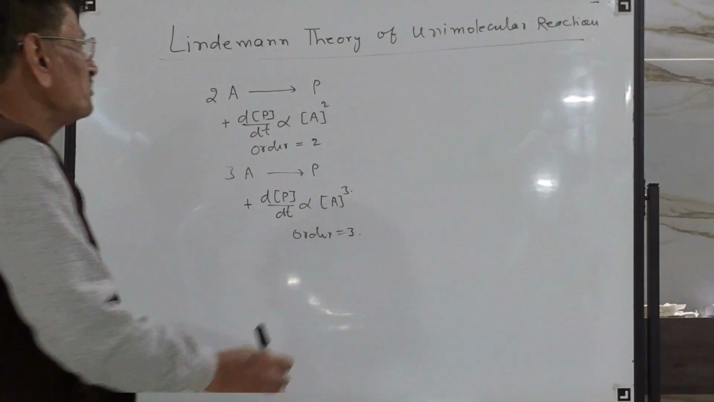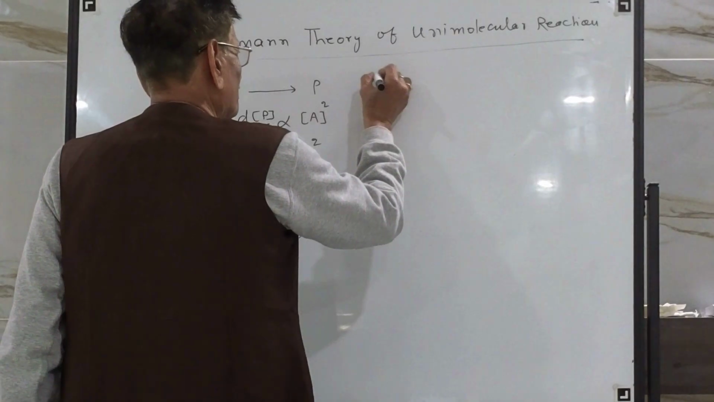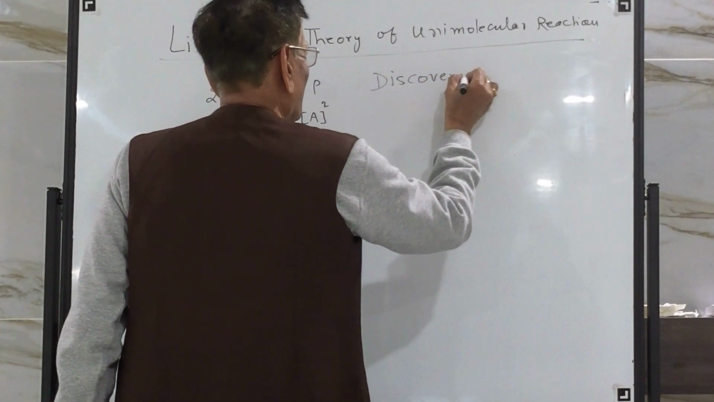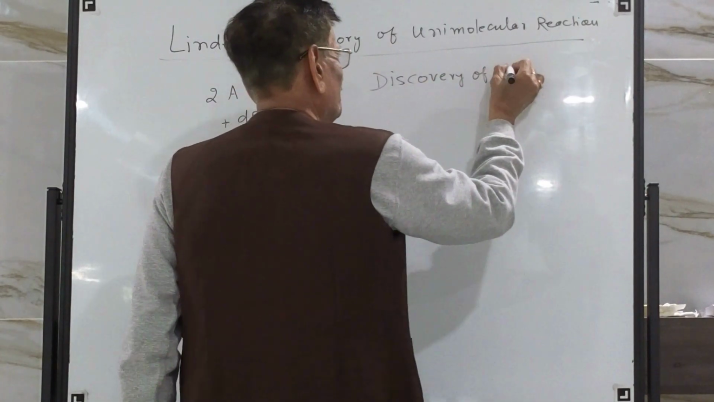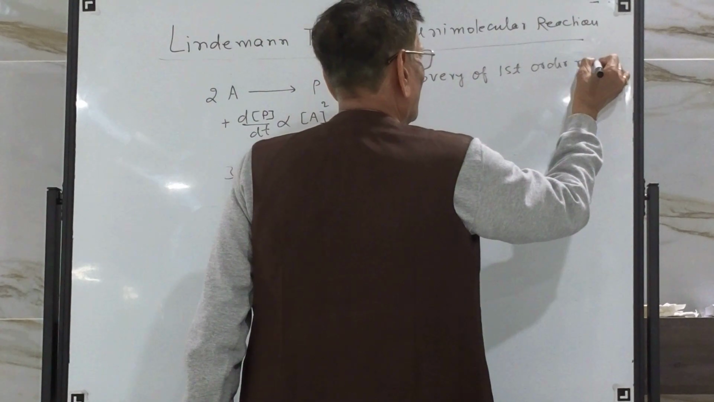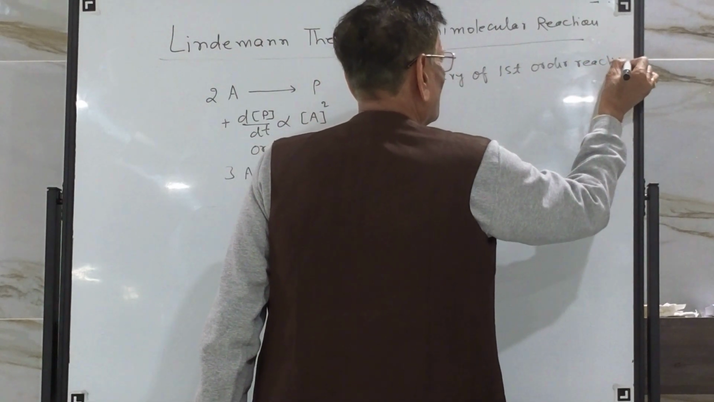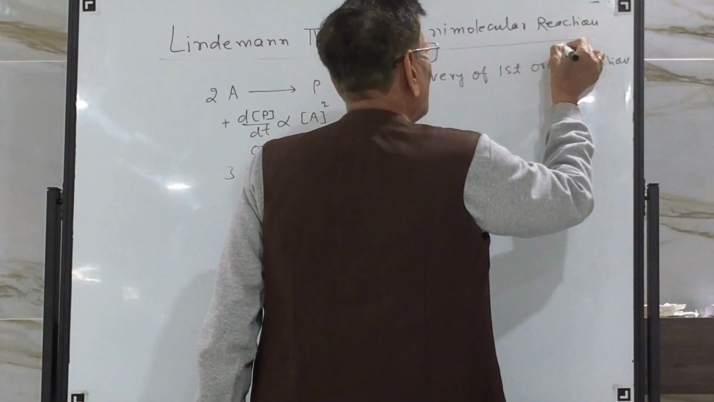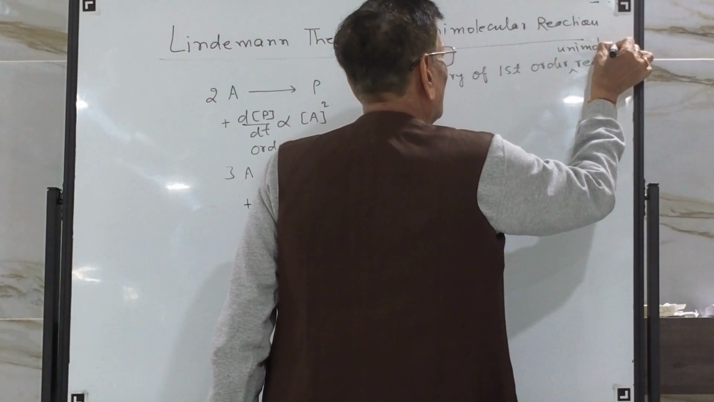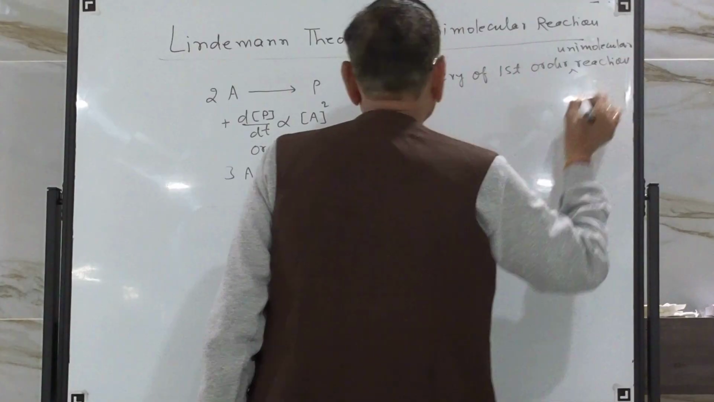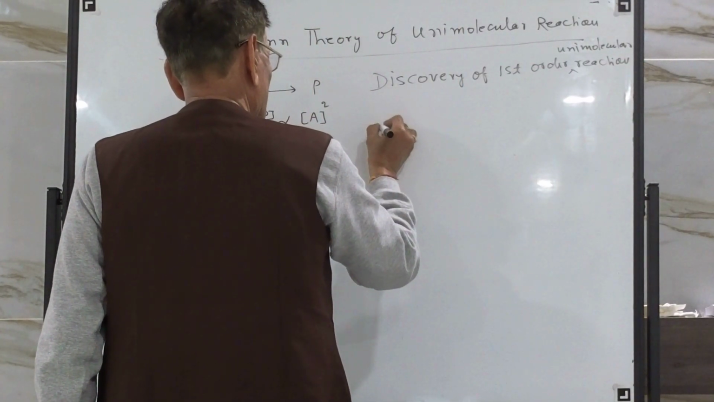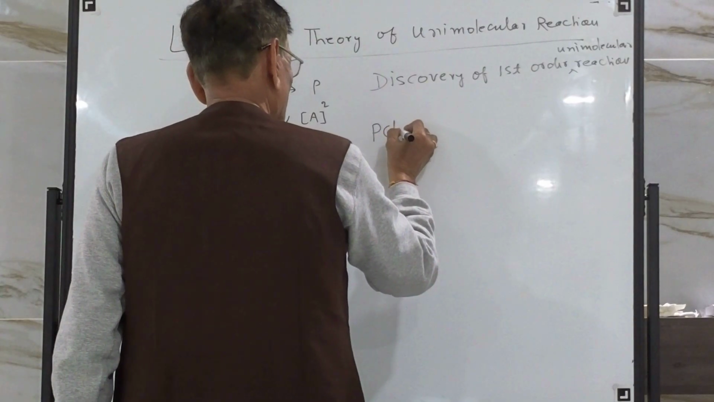But then came the discovery of first order reactions. First order unimolecular reactions, like this. For example, let us consider this reaction, PCl5